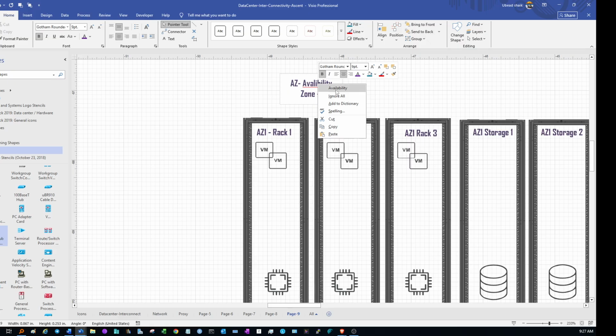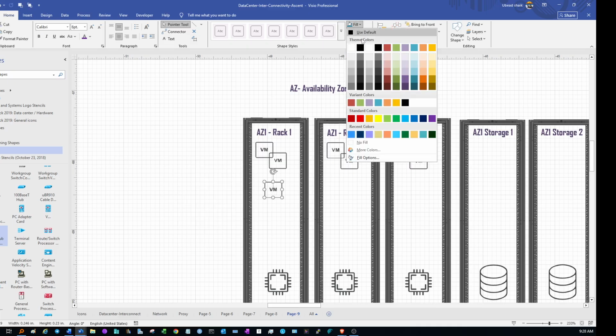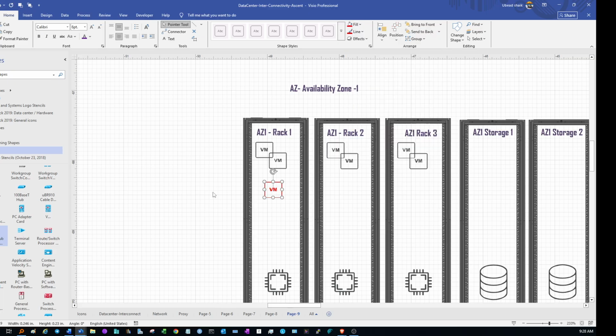Availability zone 1, that I will call AZ1. I am running one VM here, so I have made this a cluster. Let me fill this with something red. I am running one instance here, copy,